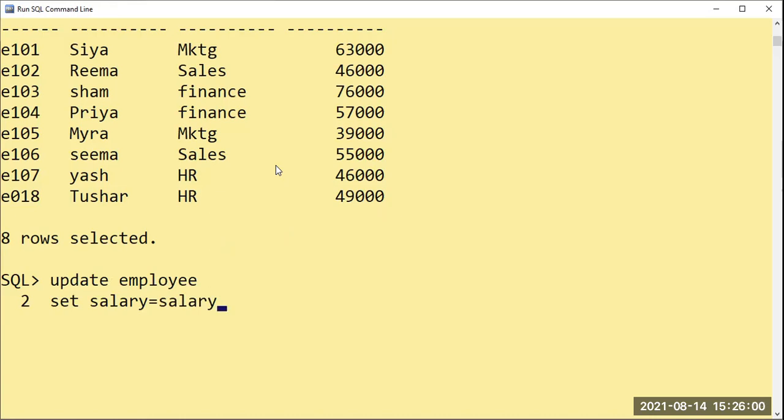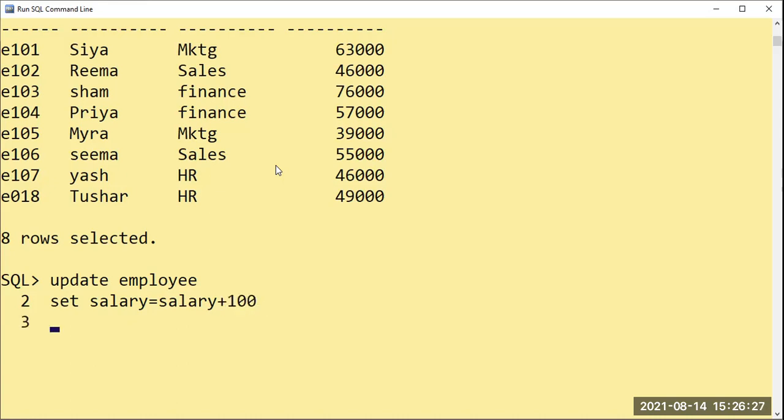What we do normally in C programming or Java programming to find the sum of n numbers or the sum of n array elements? We always initialize the sum equal to 0. And after that, we say sum is equal to sum plus whatever the value is, 1 or 10. That is done. Salary equal to salary plus 1000.